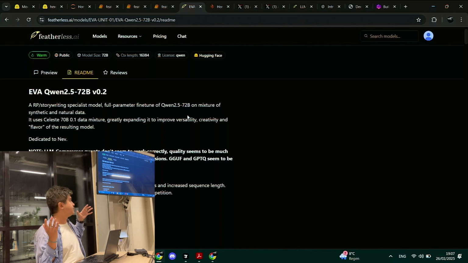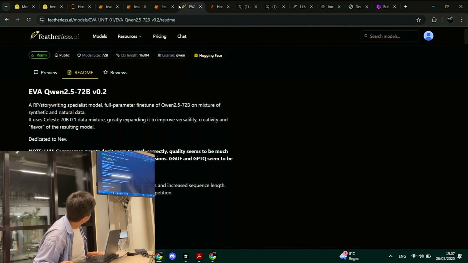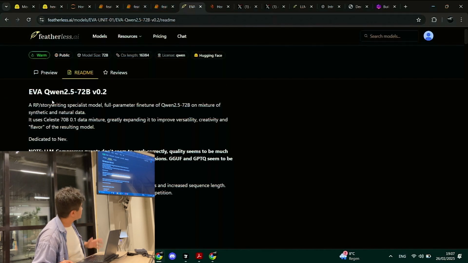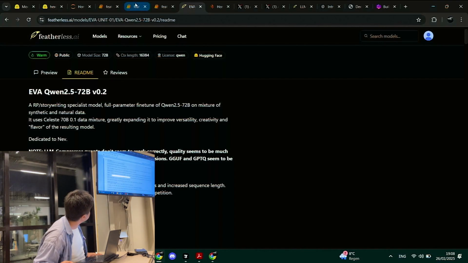For example, if I wanted to teach it to play Pokemon, I would train it on a data set of completed Pokemon games, and then it would know how to play Pokemon. So this user made an RP and story writing specialist model.